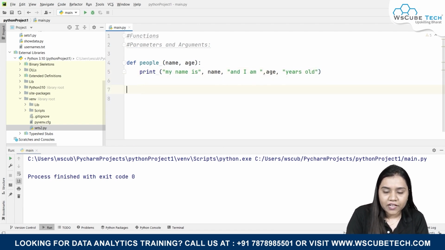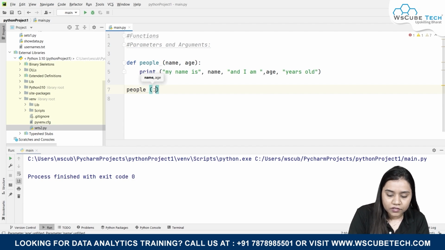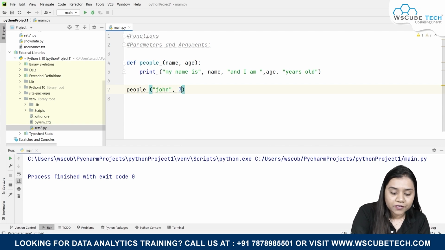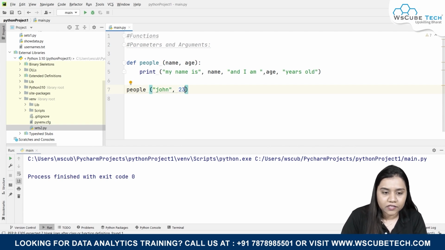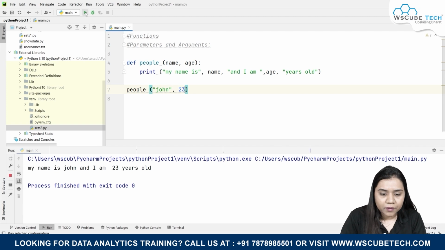Now I will be providing it with the arguments. When I call my function and pass the values as arguments, let's say the first one is John, and the second argument will be 23. As soon as I run my program, you can see it writes my name is John and I am 23